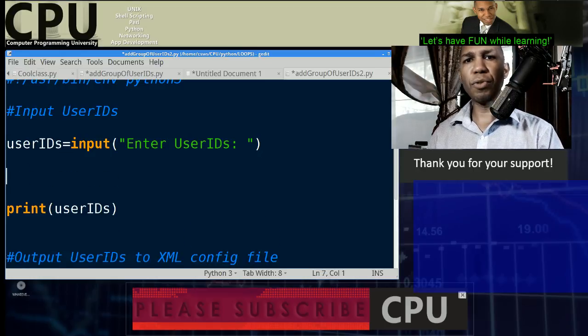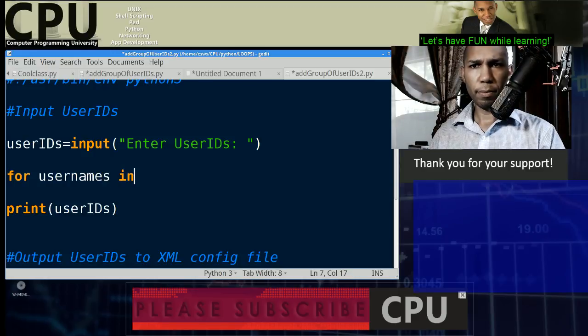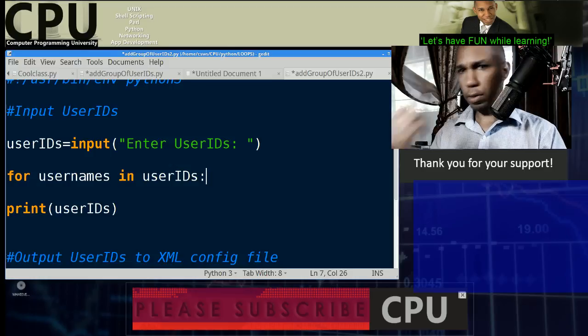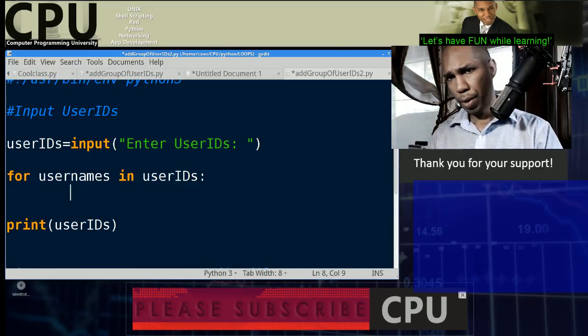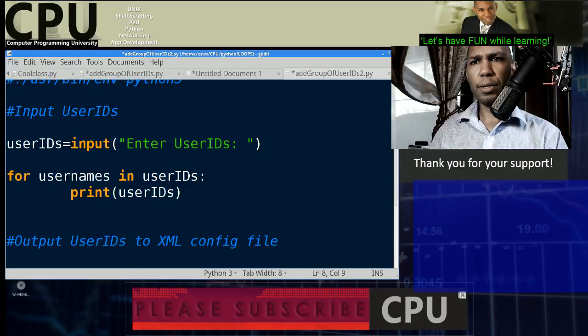So instead of just printing the user IDs, let's just say for usernames in the user IDs. All right, I got 30 minutes to get this thing done. So for usernames in user IDs, let's do our colon. That looks good. And then we do our indentation here. And now what I can do is we can print the user IDs,